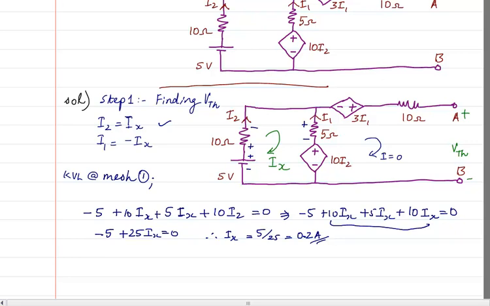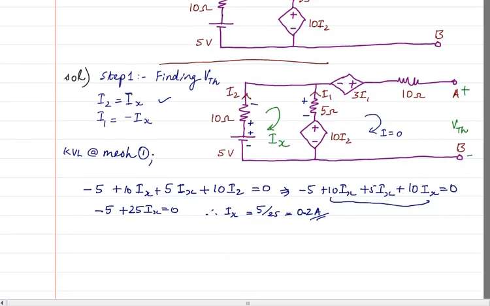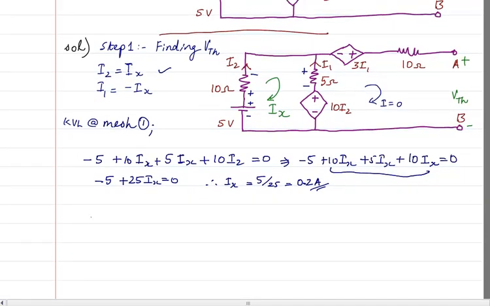Now I can write the KVL for the second one. So as you know, there is no current in the second mesh, but I can write the KVL. How do I write the KVL? Listen very carefully. So KVL at mesh 2. Now when we write KVL at mesh 2, since there is no current flowing, we write I is equal to 0. Therefore the voltage developed across this will be equal to 0 volt, whatever be the resistance. Why? Because the voltage is current into resistance. So here the current is 0, so the voltage here will be 0. So no need to write that.